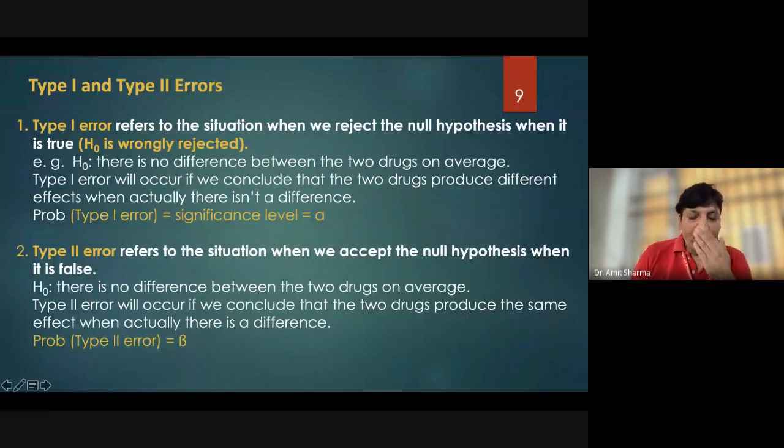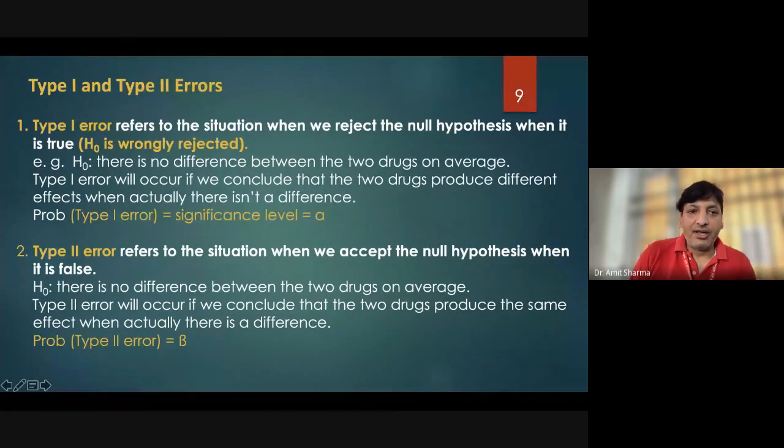So how to find out which type of error we are expecting in the research and it has already failed in your research? Type 1 error refers to the situation when we reject the null hypothesis when it is true. That means A is causing B, but you don't want to accept that. Actually, A is responsible for causing B, but you don't want to accept. In that kind of situation, we can say the researcher is finding a type 1 error in the research.